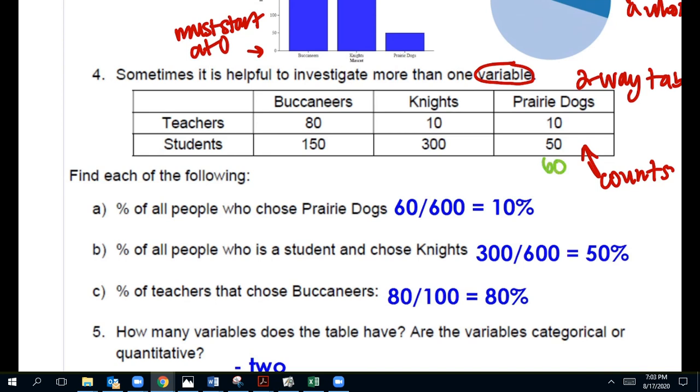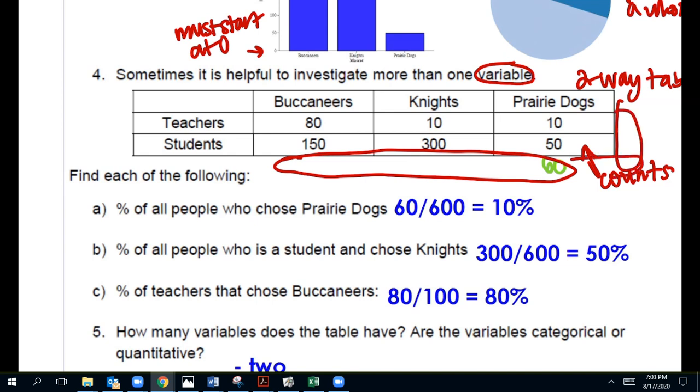That number was not part of the original table. It's in the margins. And so all of these numbers here, even this one, are margins. So any values that are calculated from the margins like this with the number 60 in the numerator is